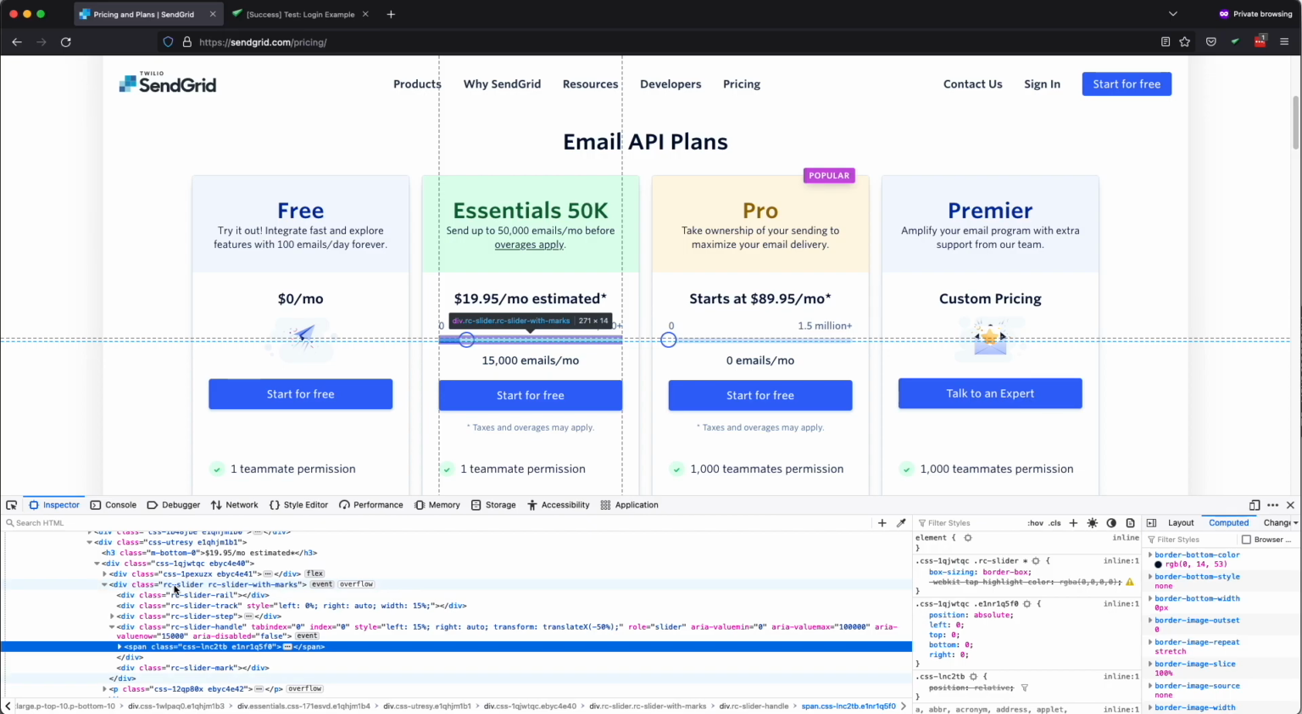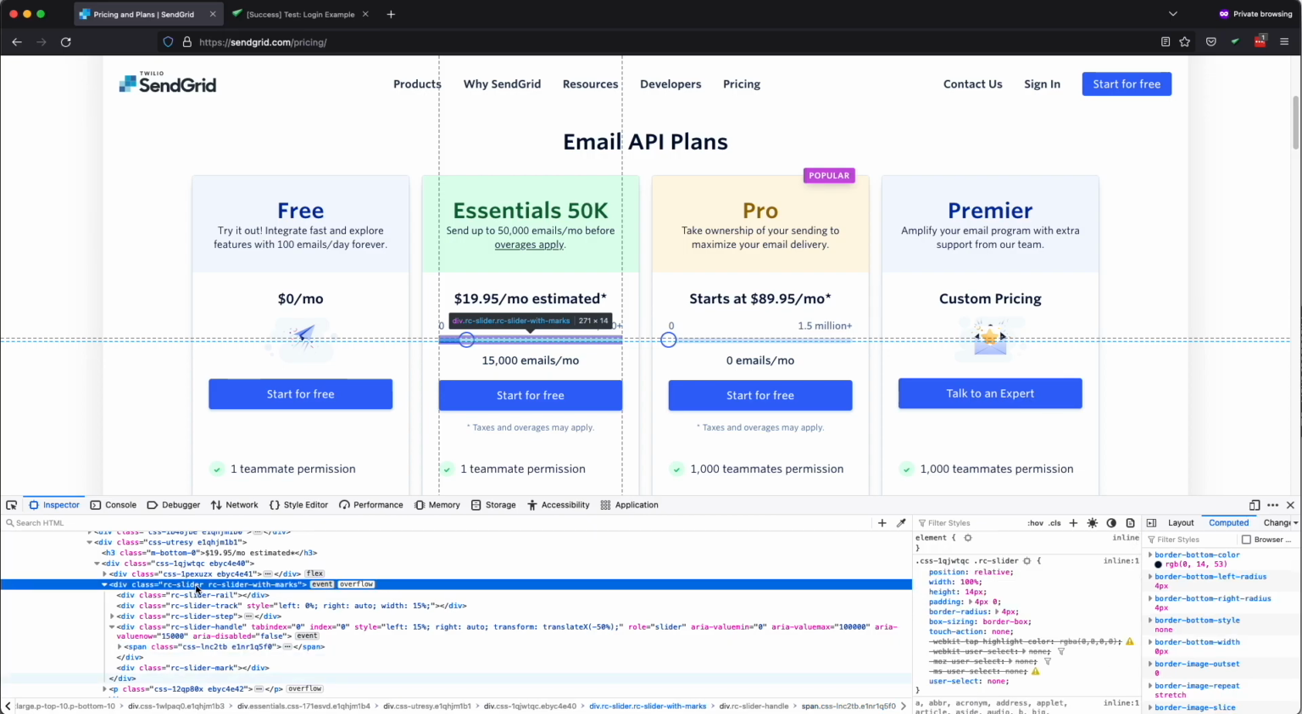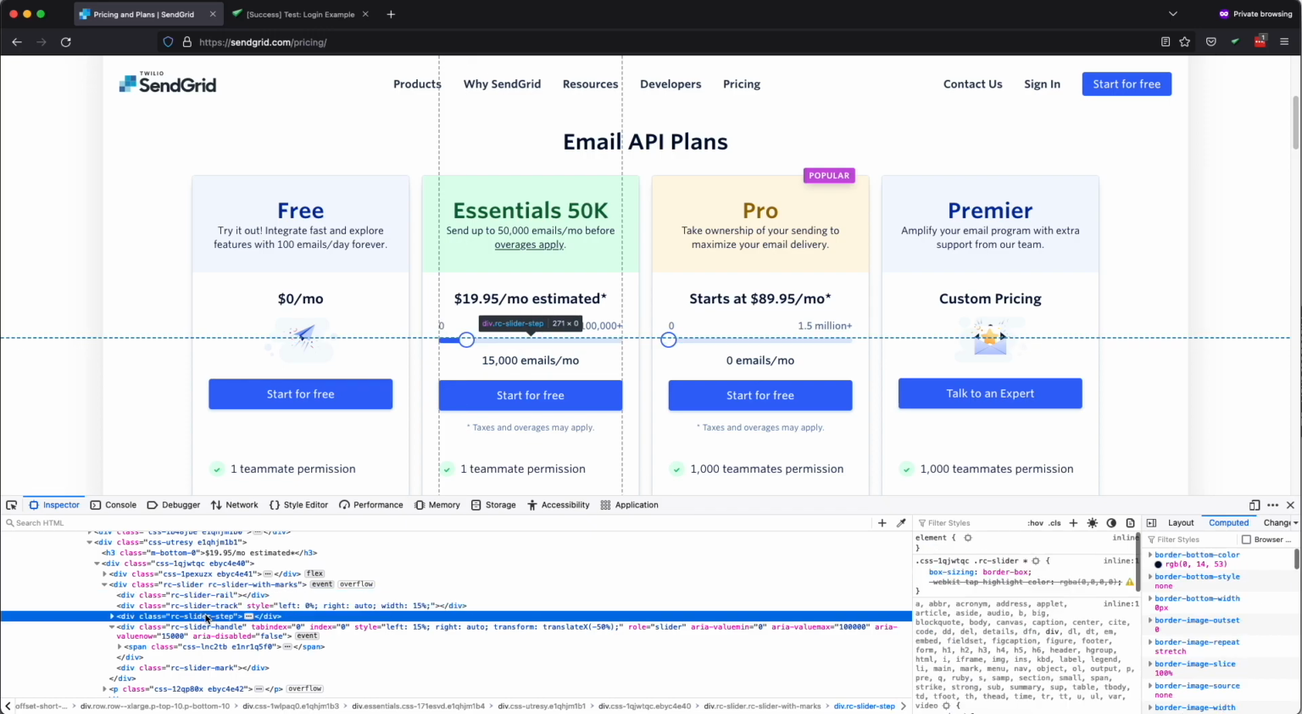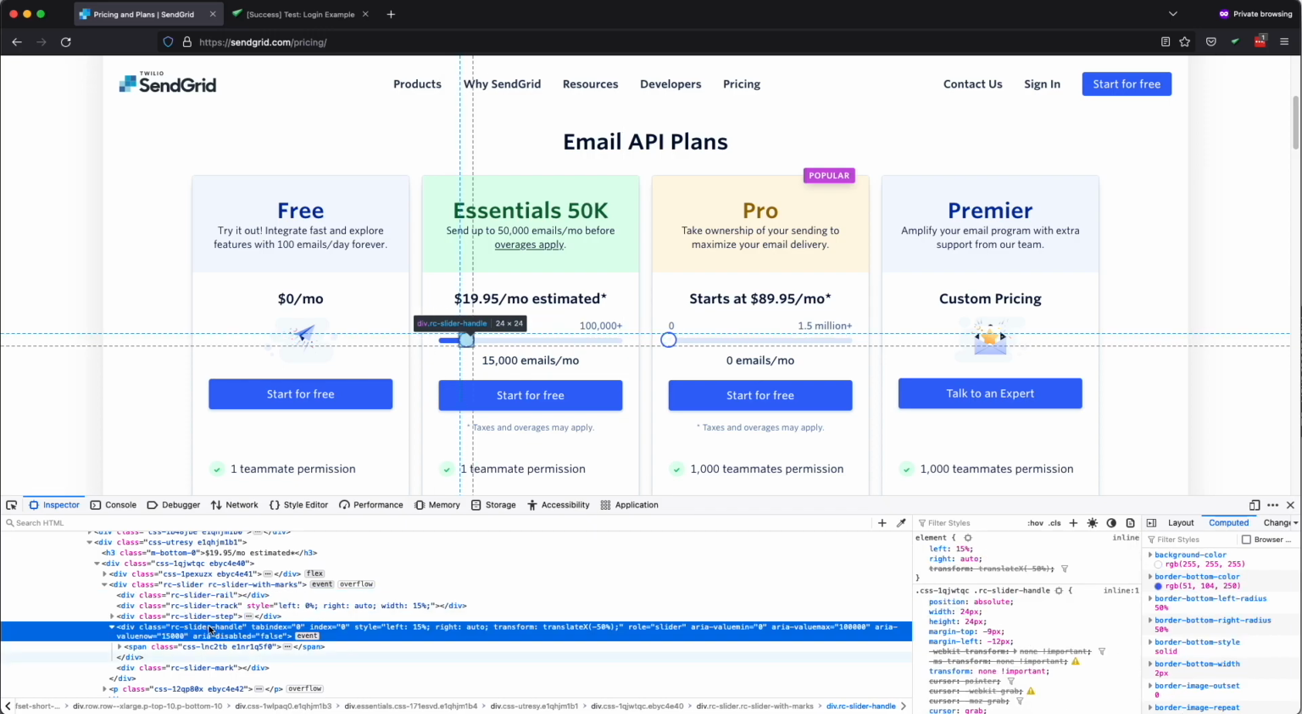What does it look like? So we have rc-slider. This is the slider container itself. That is the slider rail, the slider track, the slider step, and the slider handle. So this circle is the slider handle, and that is what we want to drag. So we're going to copy this